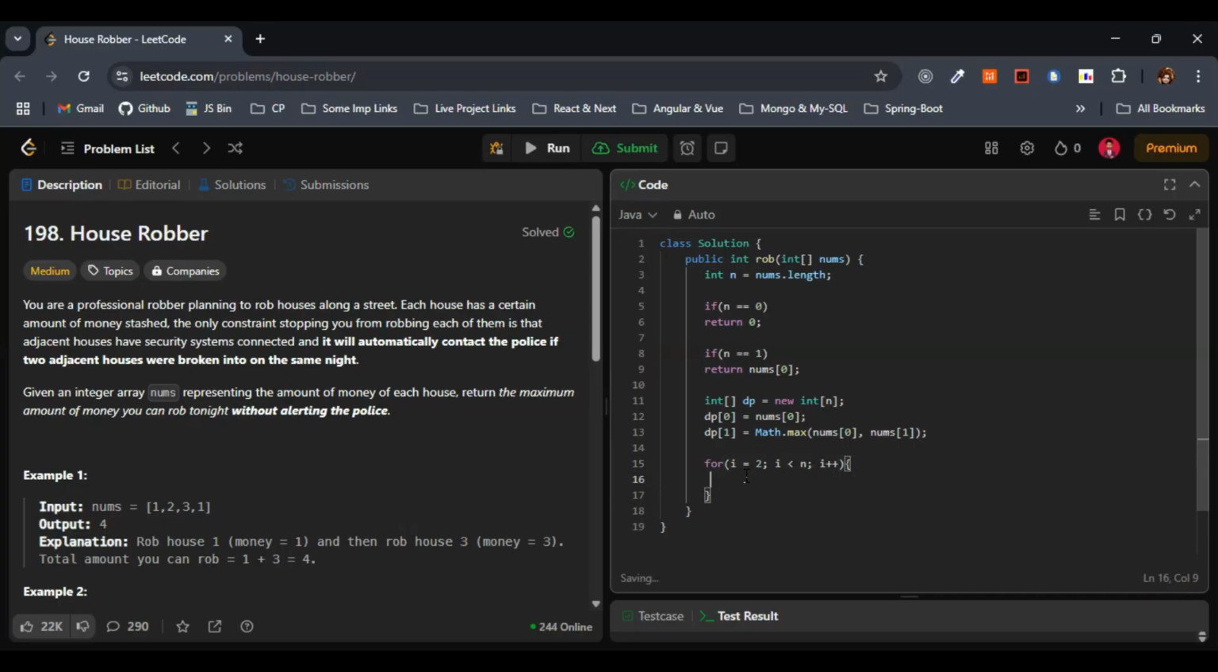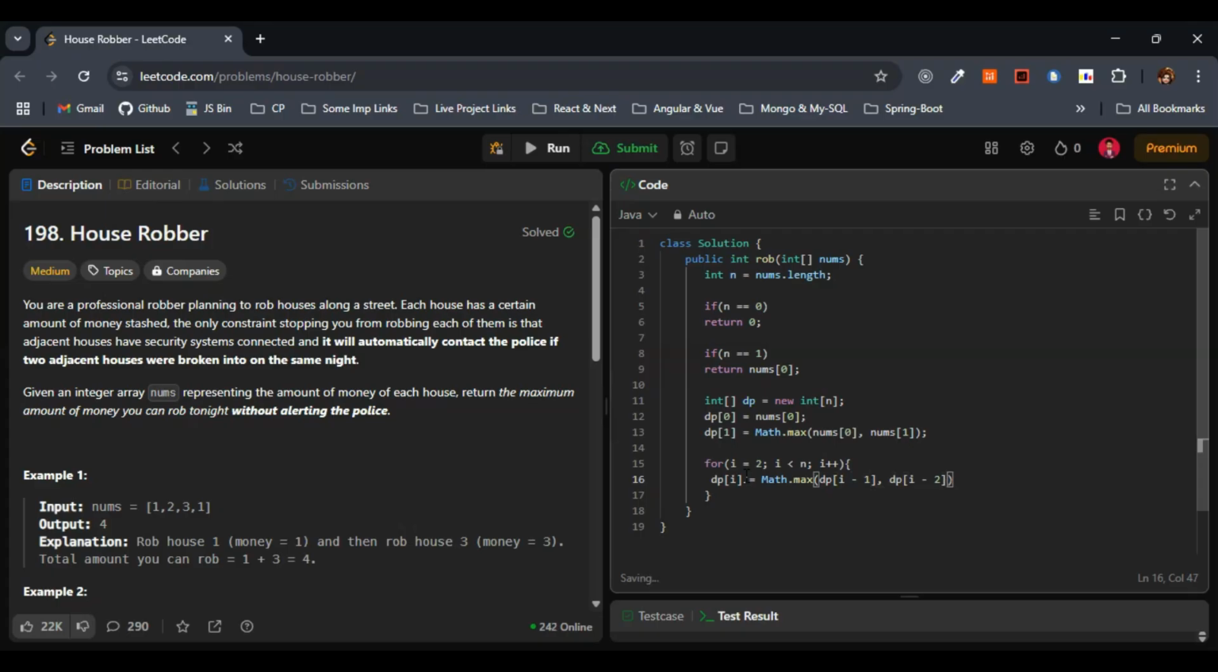Simple to understand, right? So either we will skip the current house or we will rob it. Either we will skip the current house or we will rob it. So we will articulate this one in this way. dp of i equals, for the current house, either we have to skip the current house or we will rob it. So I'll just consider here Math.max of dp of i minus 1 comma dp of i minus 2 plus